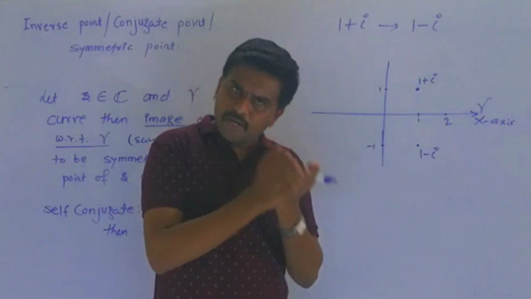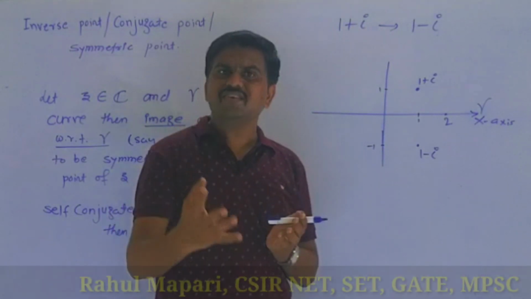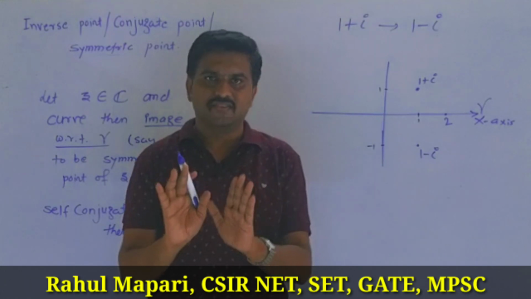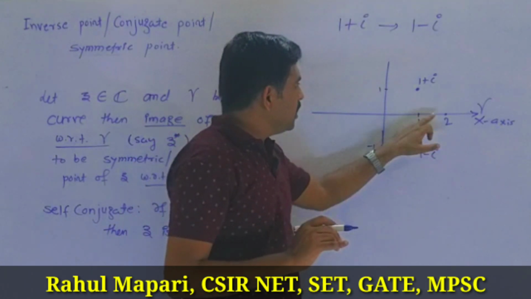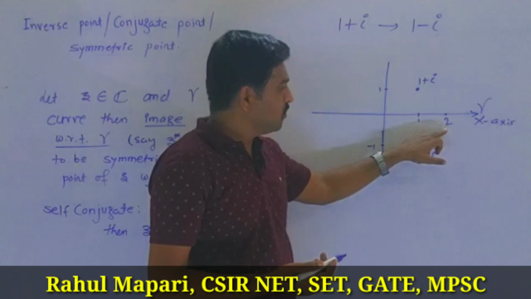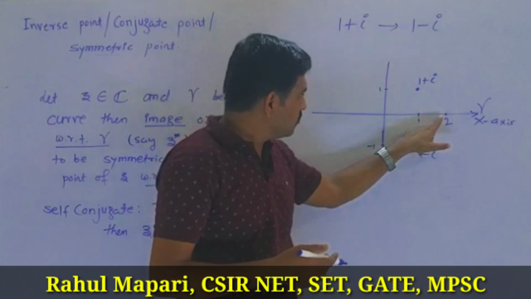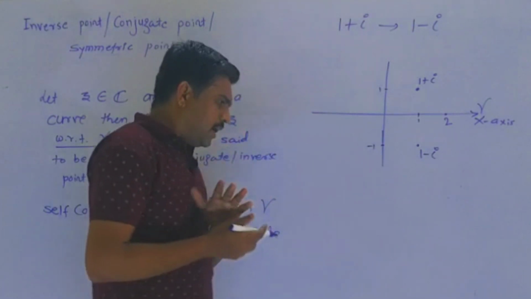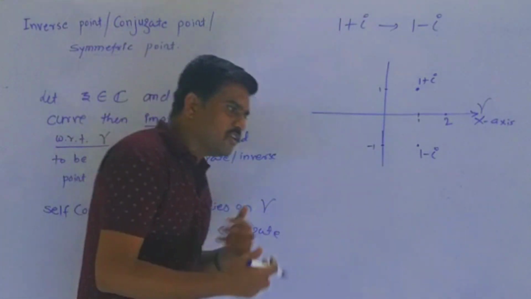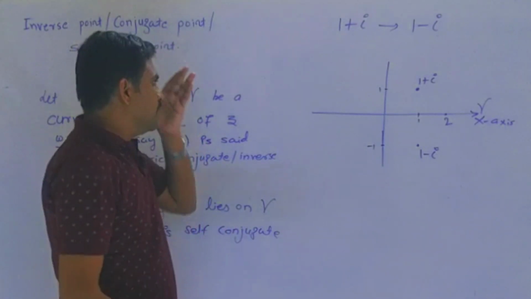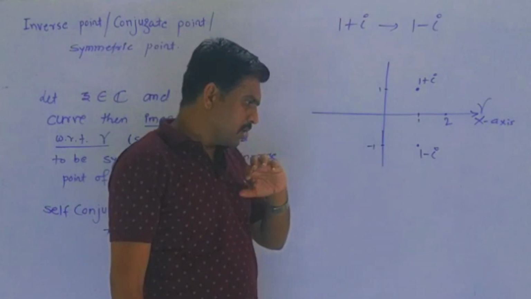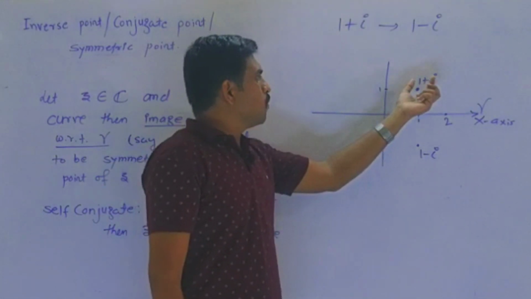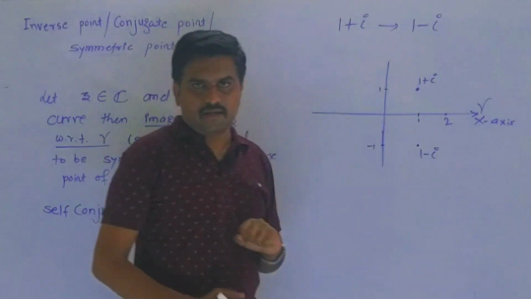But this is the particular case because, by default, you consider the x-axis as the gamma curve, or mirror, and that's why you told me 2 is self conjugate, its conjugate is 2 itself, because this point lies on the curve, right? So now I try to change your mind towards that concept. Now if I change my question, like what is the conjugate of 1 plus i?